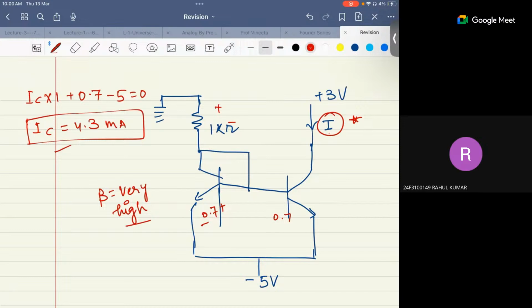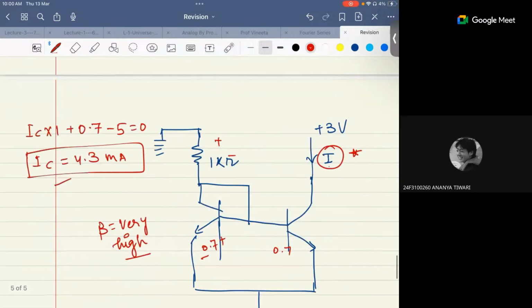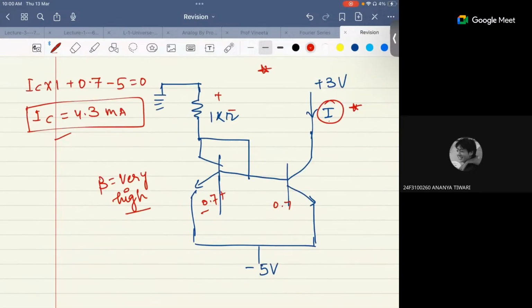Is it clear to everyone? Will you be able to solve it in the exam also, right? Yes, sir. See, all the questions will be similar. Only the resistance value they'll be changing, and this will be a standard question that can be asked